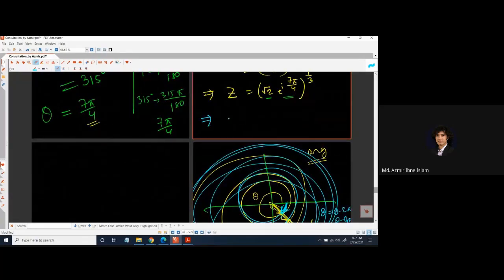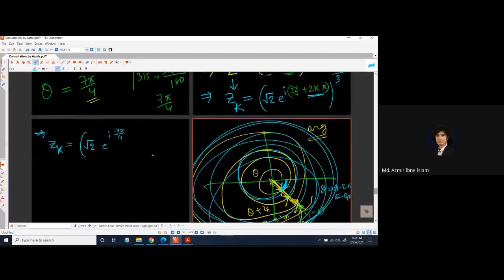Here we can write z equals root 2 e to the power i, and this is our theta. So it can be written as 7 pi by 4 plus 2k pi. That means where you have theta, replace it by theta plus 2k pi. And whenever you are doing this, you have z_k equals root 2 e to the power i (theta plus 2k pi)